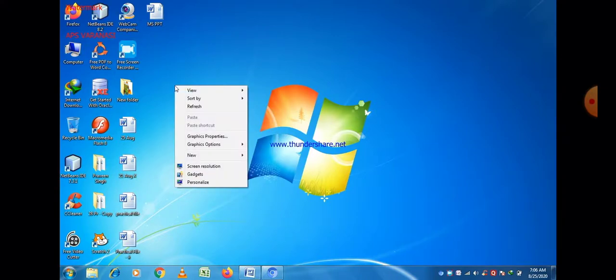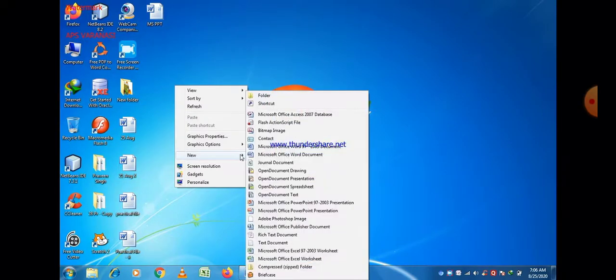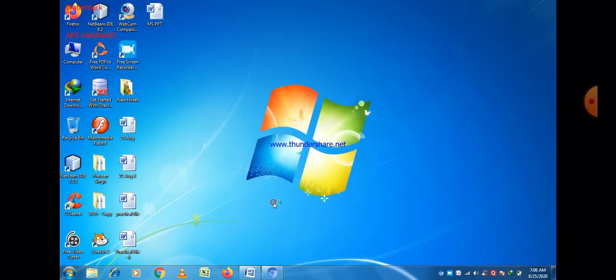After that, you can easily see the different programs, and you can select Microsoft PowerPoint out of them. This is Microsoft PowerPoint 2003. Different versions are available here: 2003, 2007. Give the name of the file. Now this file is stored on the desktop. You can easily see it.